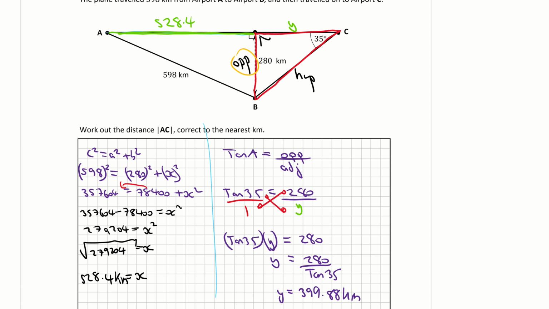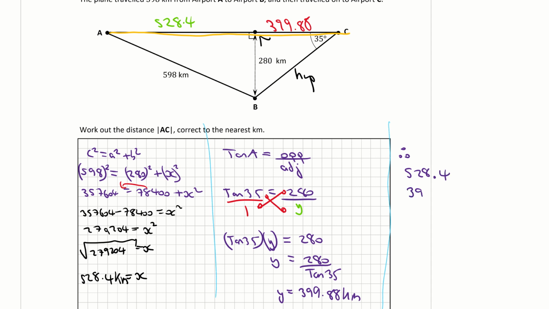399.88 kilometers. So let's put that back up in my picture here. That would be 399.88. Okay, a lot of work there. Now to get the final answer, the length of this line AC, I need to add those two answers together. So I'm just running out of space here, so I'm just going to keep it over here. So therefore my answer is going to be